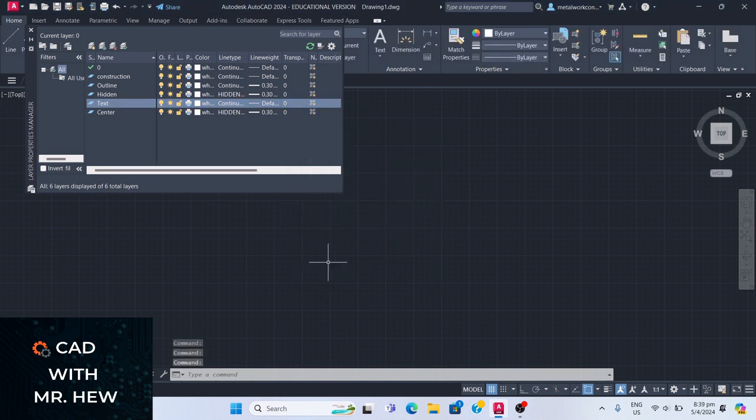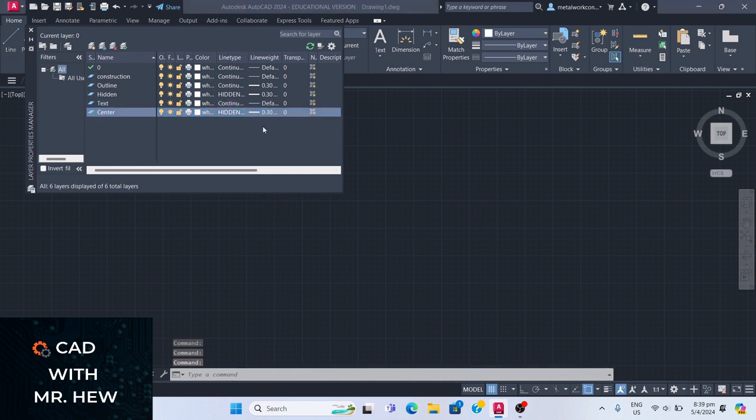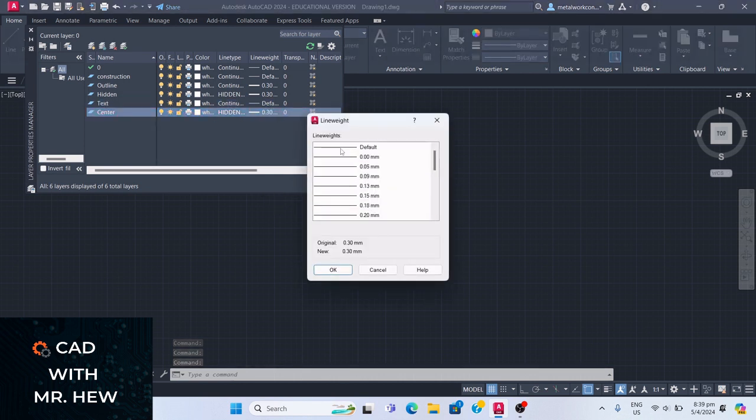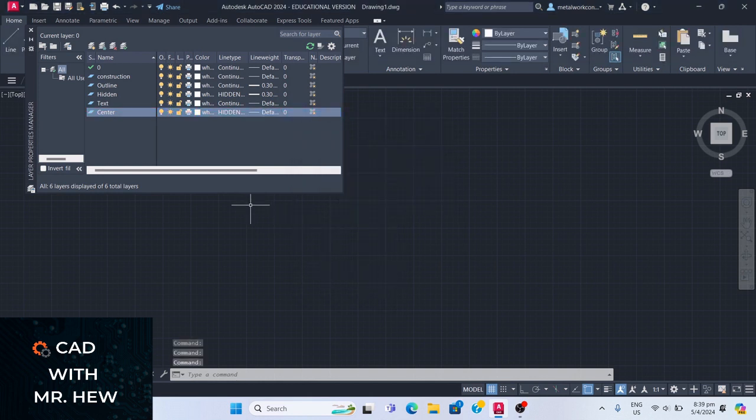Press OK. The center line weight will be the default line weight. So we have construction, outline, hidden, text, and the next one I need is